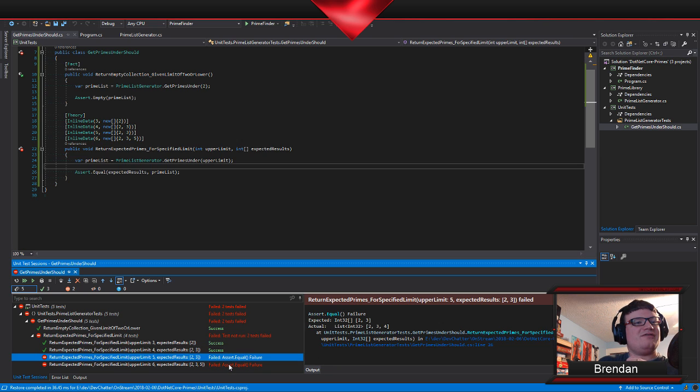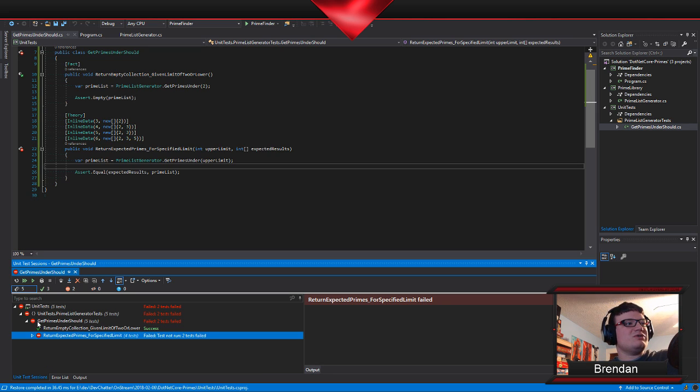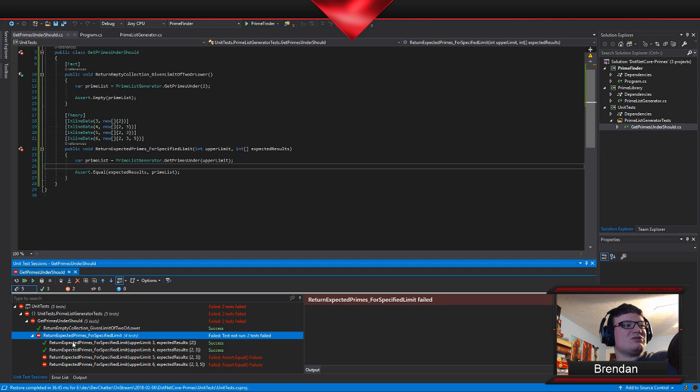So we got a failure on 2, 3. Okay, so one thing I want to point out here. Notice that as we're digging into this, we say, okay, get primes under should return expected primes for specified limit. And if we look at these, we'll see return expected primes for specified limit, upper limit 3, expected results 2. So it's telling us right here. We're getting this really nice visual of exactly what it's looking at and where it's failing.